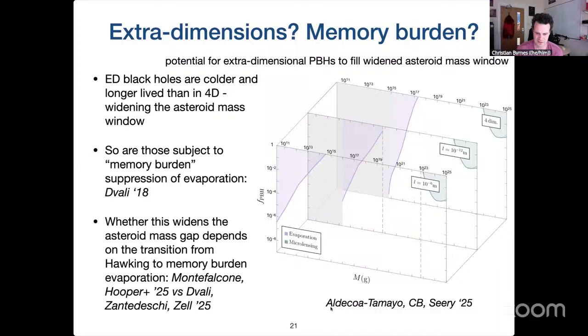So a work I did recently with Itzi Tamayo, a PhD student of mine, was to see if you had extra dimensions, a Randall-Sundrum 2 model, where we're confined to a brane, but where small black holes would in fact fit within the warping scale of the brane and hence change their properties, change their lifetime, change their temperature, etc. It turns out that the asteroid mass window, which is shown here on this back plot, starts to get larger, and depending on the scale, the relevant length scale of this extra dimension, you can make the asteroid mass window larger. Basically, you go to smaller scales.